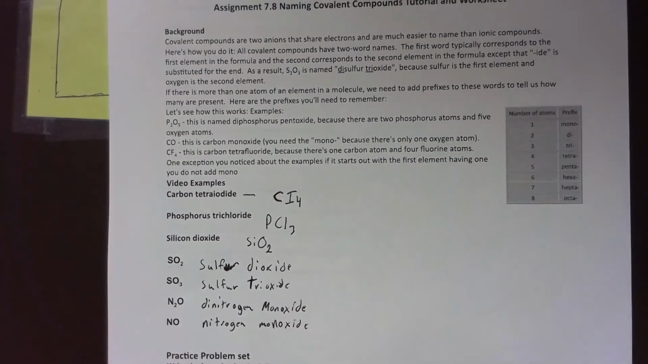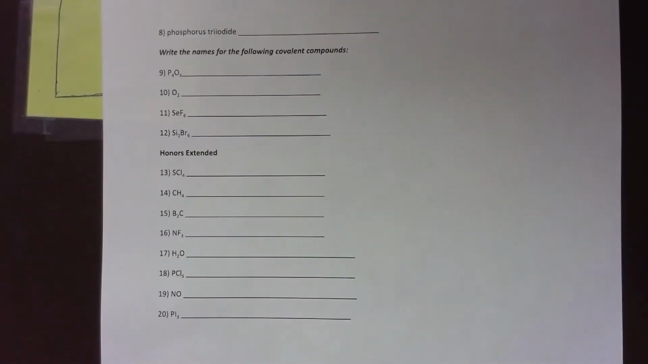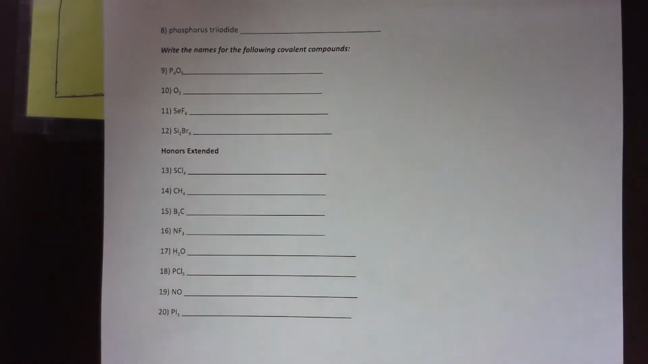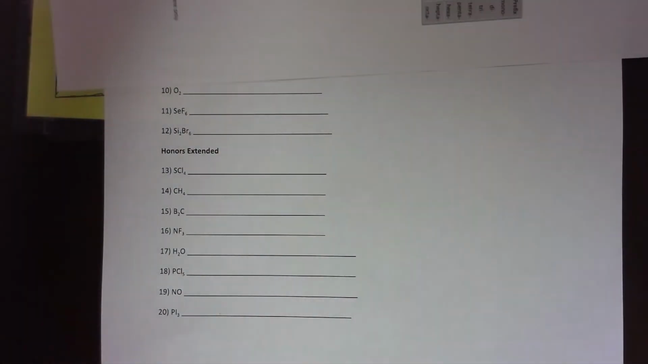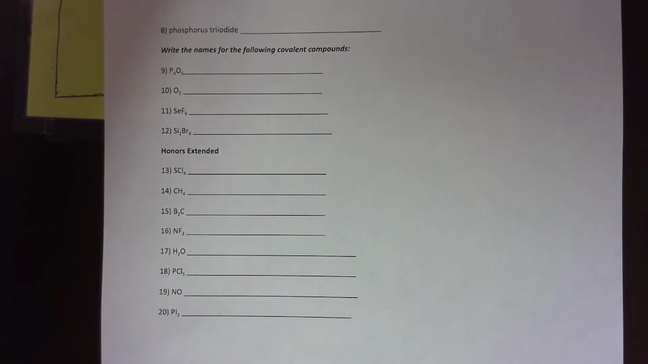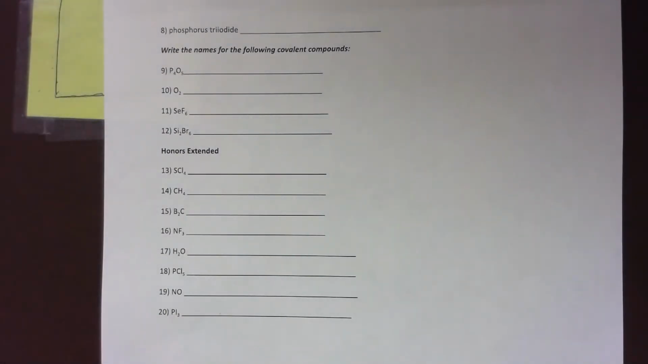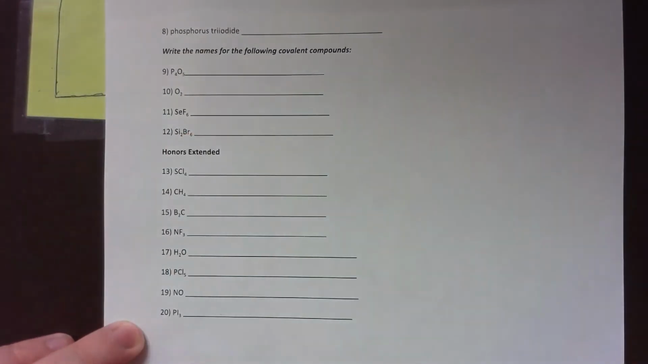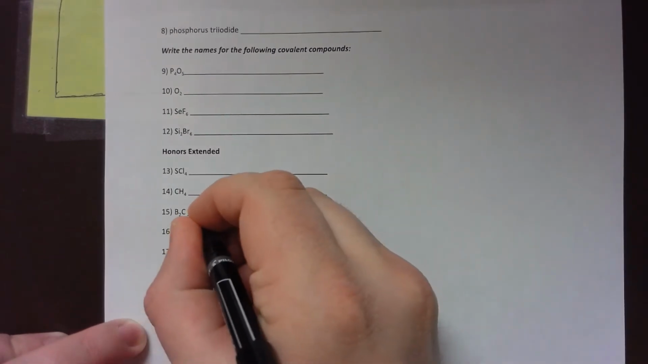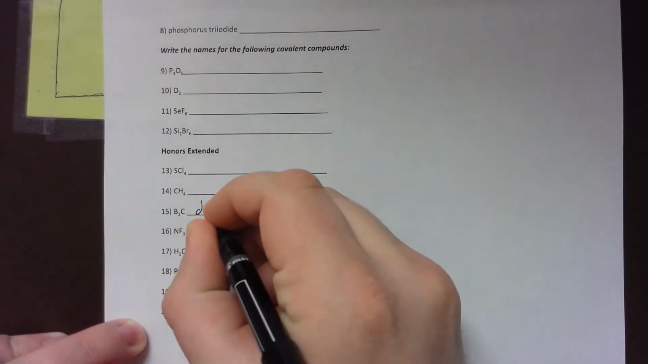Remember how we talked about carbon monoxide? Well, in this case, it's the same thing. Let's go through and name 2 more together, and we'll do the honors section, so that way you get the hang of it. So if I look at this, I can go with B, which is boron, so I can go di boron,